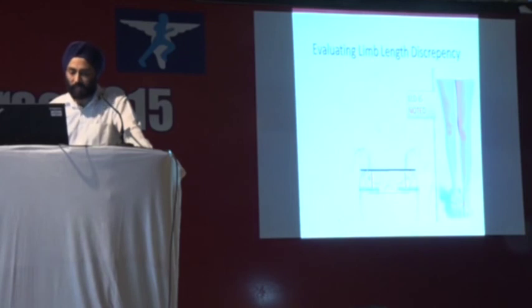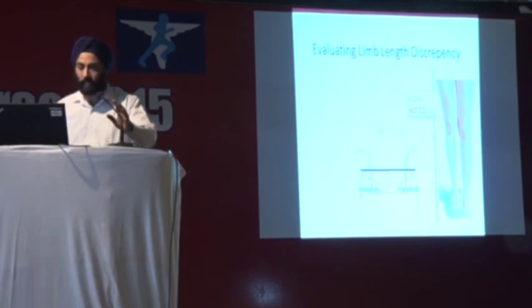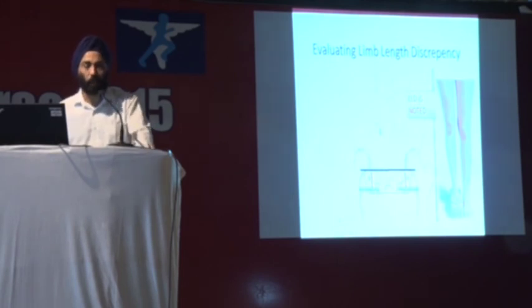You have to identify the fixed points like the teardrop and ischial spine, and the femoral point which is the lesser trochanter, upper part, and this is how a true limb length discrepancy is calculated. Now patients often have pelvic obliquities and they have an apparent limb length discrepancy, and that is usually